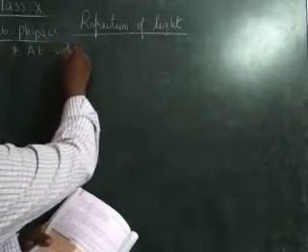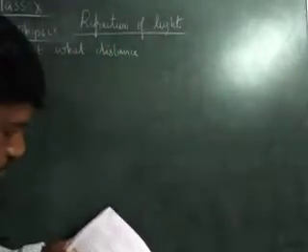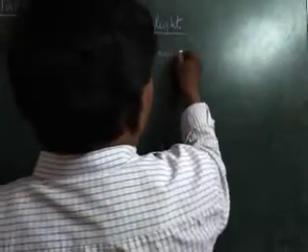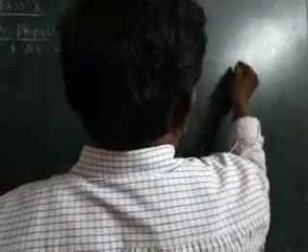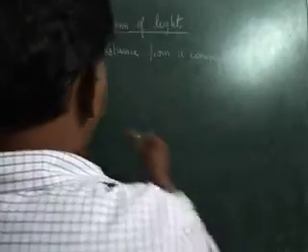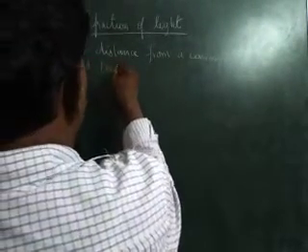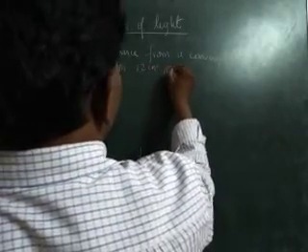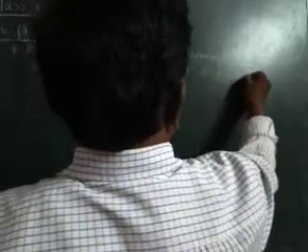At what distance from a converging lens of focal length 12 centimeter must an object be placed